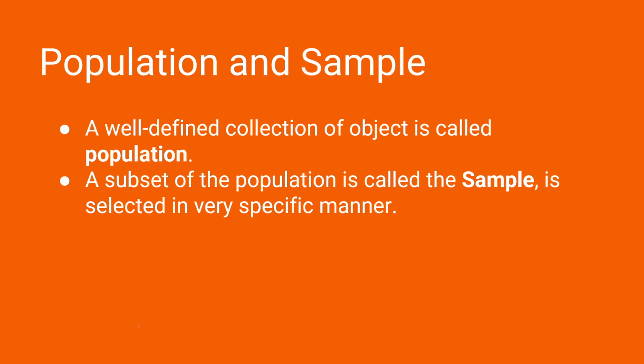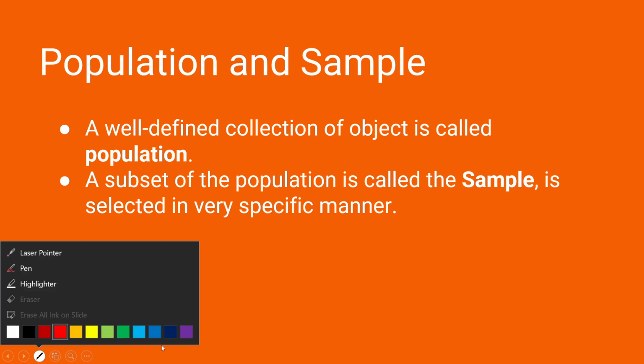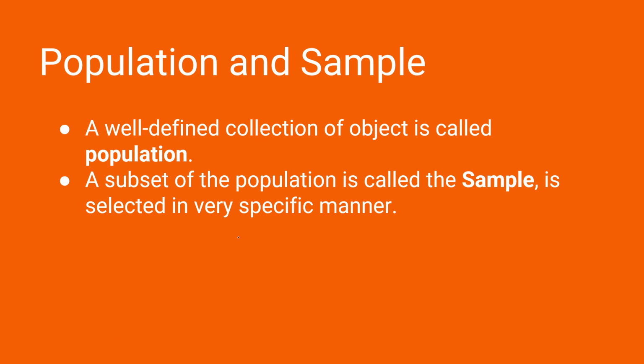Now, the next point we must understand is the population and the sample. What is a population and what is a sample? As you see, a well-defined collection of objects is called a population. What do you mean by this? Let's say you are collecting objects such as the students who are studying bioinformatics